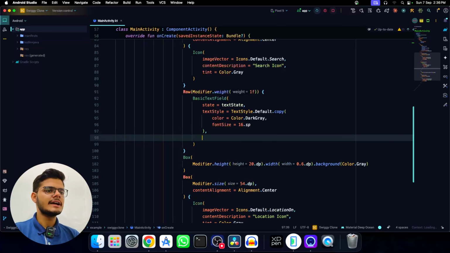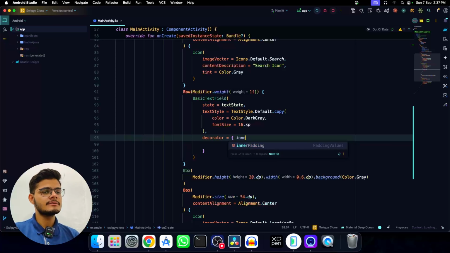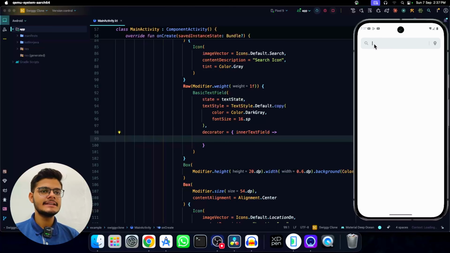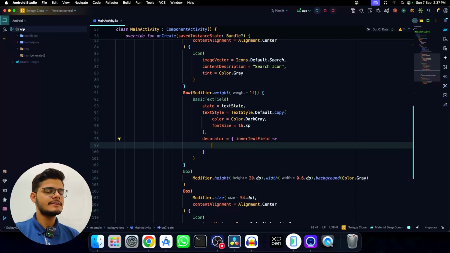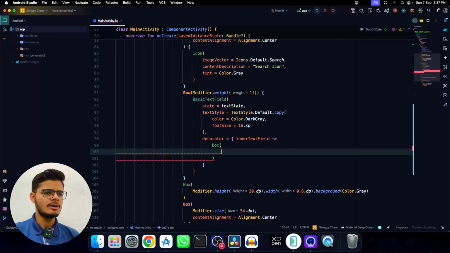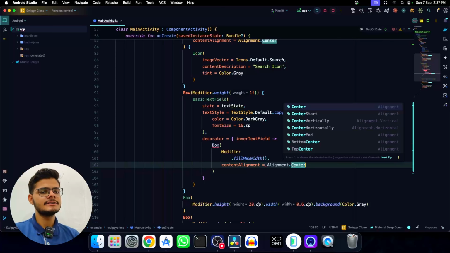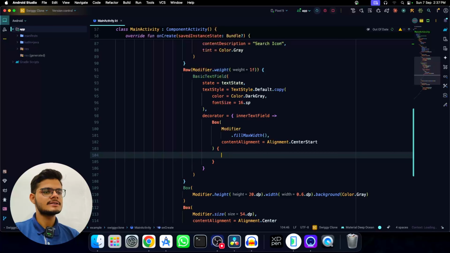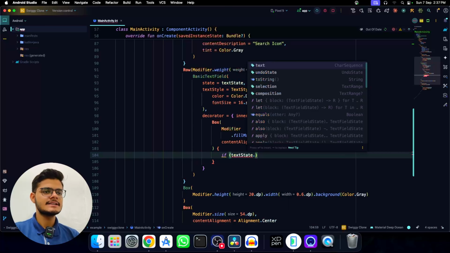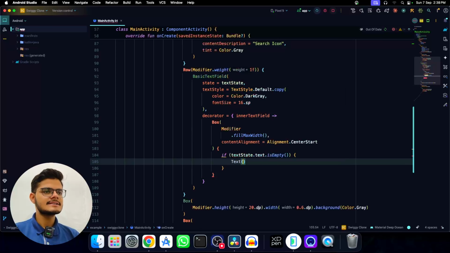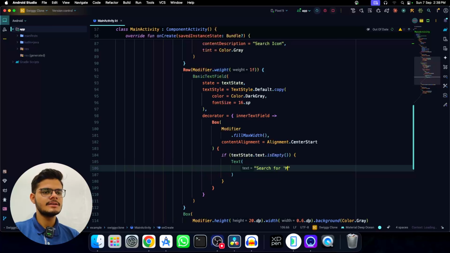Now I would need to add a decorator, and for the inner field I'm gonna declare a variable inner text field which we will be calling in some time. Now I'm going to style the inner placeholder basically. So for that I'm going to have a box first of all, and I'm gonna say fill max width first. After that I'm gonna say content alignment center start. After that I'm gonna say if the text state that we just declared dot text